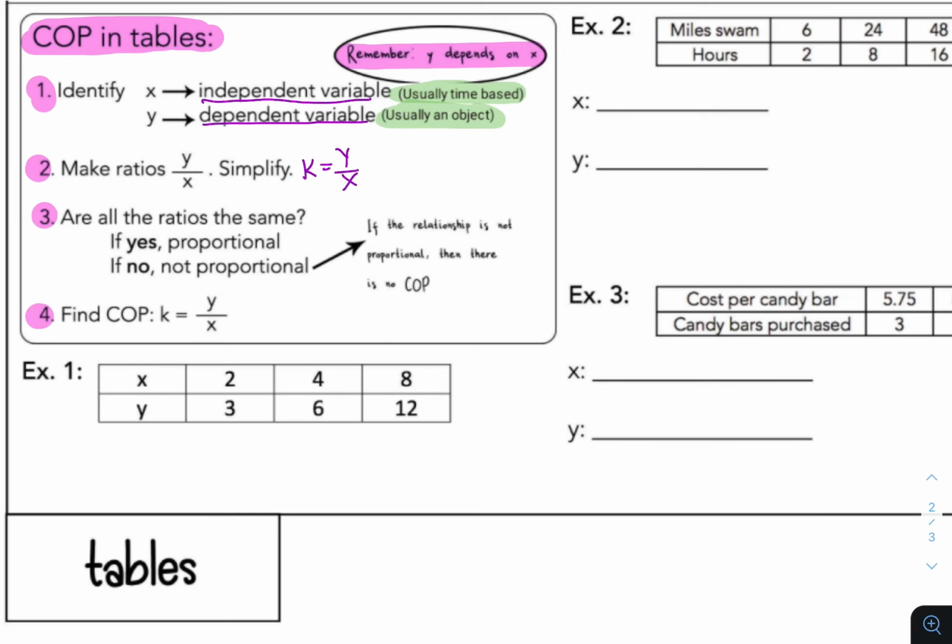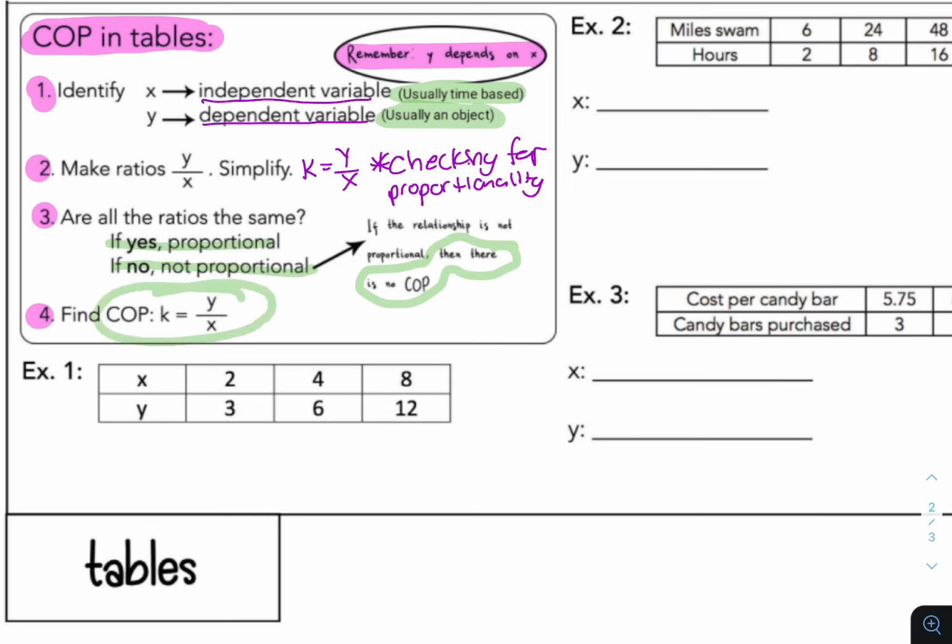The reason why we're finding k or checking for proportionality is because remember, if it's not proportional, there is no constant of proportionality. So here, if yes, then we're good to go. If no, then you know there is no constant of proportionality. Last but not least, find the constant of proportionality. But really, you're doing that in this step where you're checking. All right,